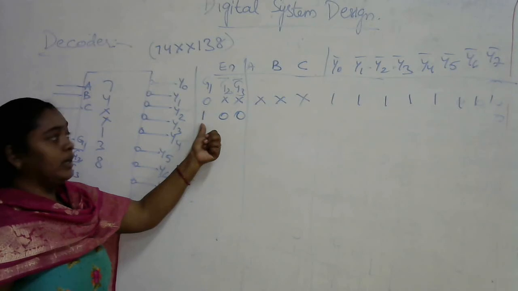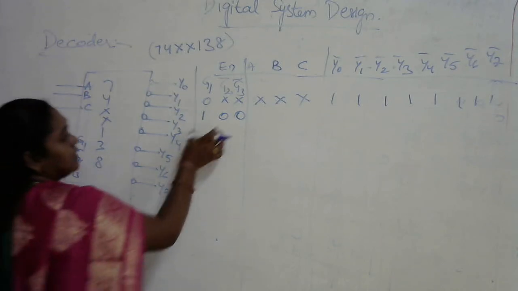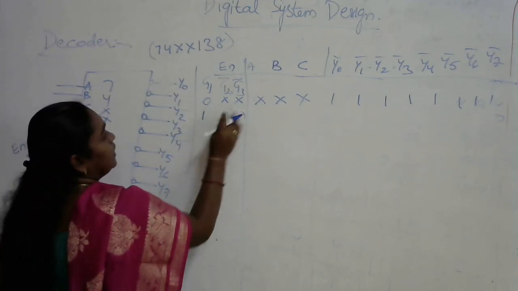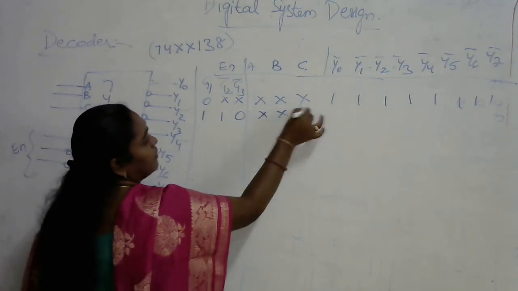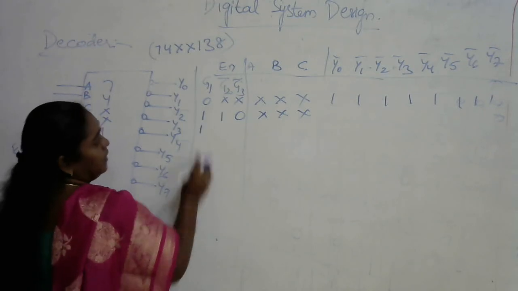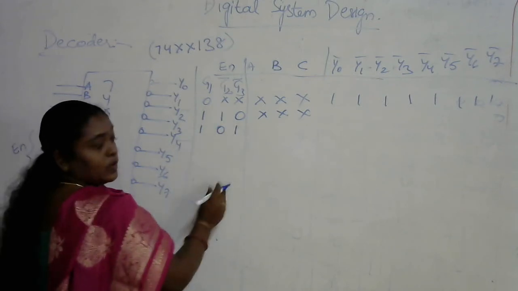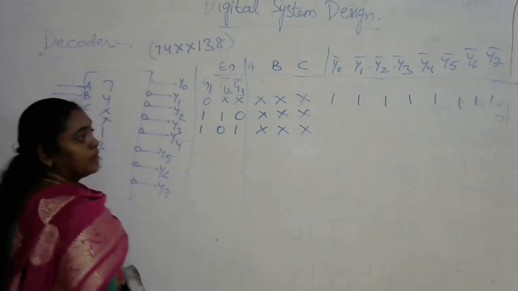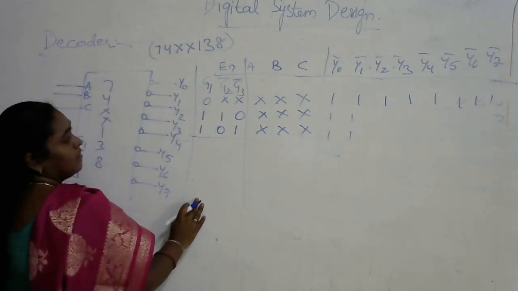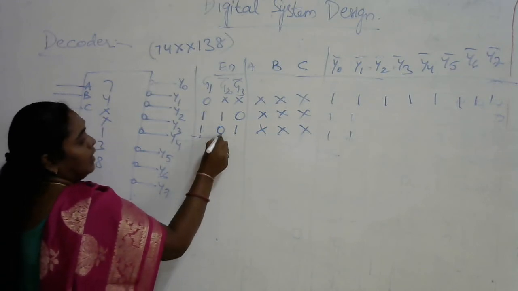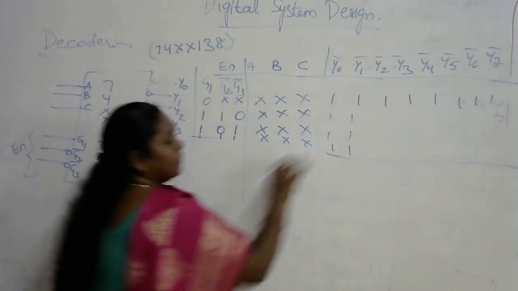So when G1 is equivalent to 1 and G2, G3 both are zeros, then only the circuit is going to function. Now let me take G2 is 1, G3 is 0: then the output will be all ones irrespective of the other values. Similarly, when G1 is 1, G2 bar is 0 and G3 bar is 1, whatever the combination, the output will be all 1s. The last case is when both are ones also; all the outputs are going to be 1. So this is not the proper output value.